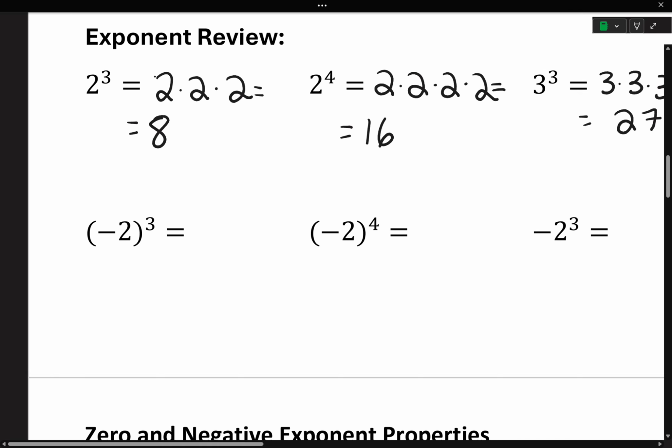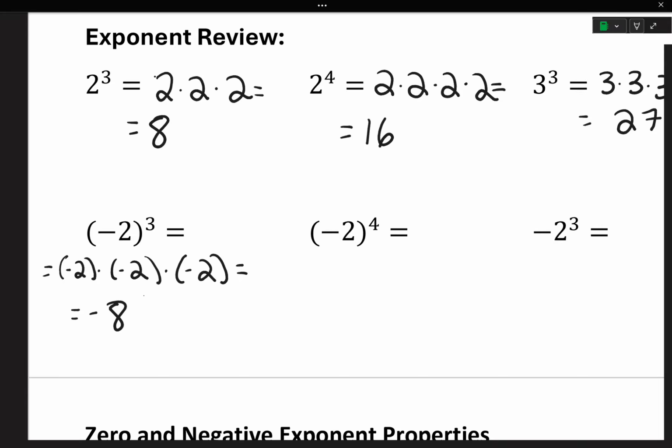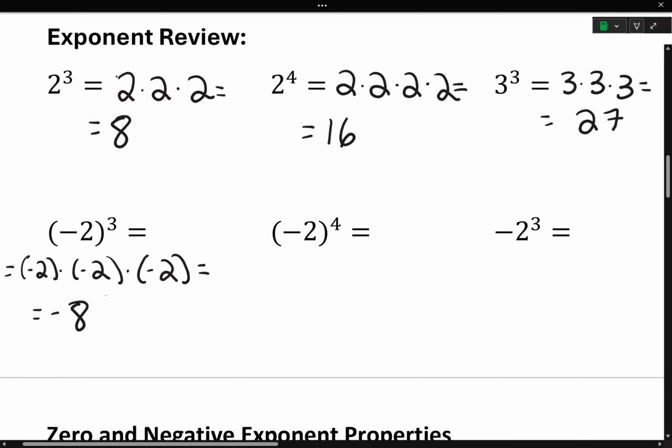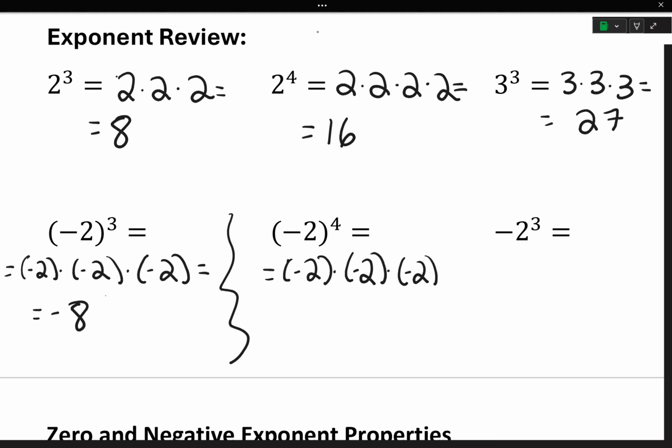Negative 2 to the power of 3. This is a weird one. See how negative 2 is in parentheses? I want to make sure to leave it in parentheses. Negative 2 times negative 2 times negative 2 gives us negative 8. Negative 2 to the power of 4 is negative 2 times negative 2 times negative 2 times negative 2,